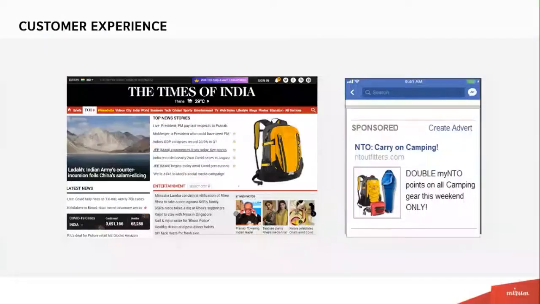In that case, the customer experience would be that whenever I go apart from the NTO Retail website, they will be showing me retargeting ads. The bag which I looked at last, or the page or the bag which I spent more time on, that bag will be following me over the next few days across various web properties. Same way, they can also target me based on my profile, based on my interest shown or declared on my social media platforms. So this is nothing new. This is something that in the absence of DMP, most of the brands would be doing.